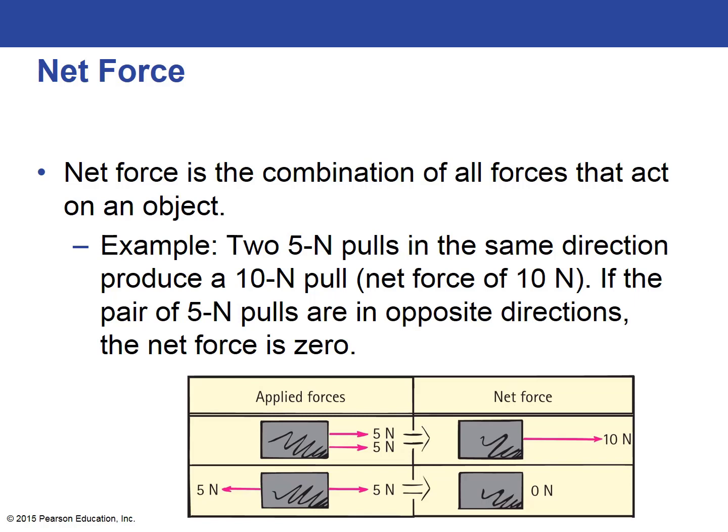Slightly more than that, actually. It's about 4.5 newtons is a pound, but that gives you a ballpark idea. So if we have two forces acting on it, one is 5 newtons and the other one is 5 newtons, and these two people are both applying that same force to the right, then I can describe each